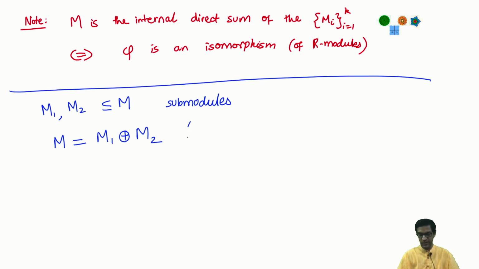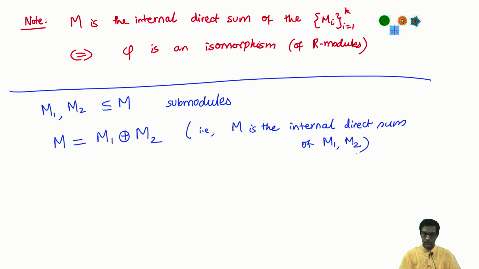In other words, it is the internal direct sum. We will just use the same notation for both direct sums, internal or external, i.e. in other words M is the internal direct sum of these two submodules. Okay. So, then note the following: M is the internal direct sum can be rephrased as follows,